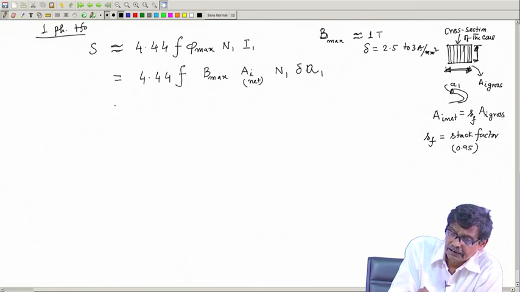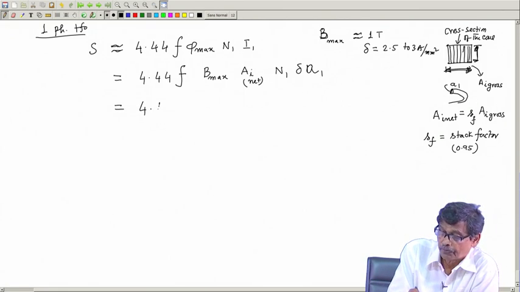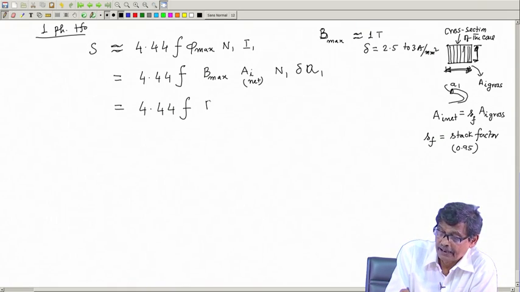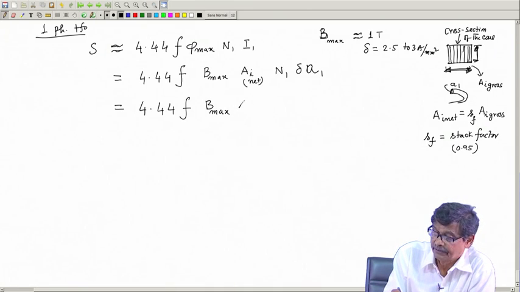Because overall dimension I want to know, this can be written as 4.44 F B max, this is already the specific magnetic loading. Then this I will write SF, stack factor, into AI gross,